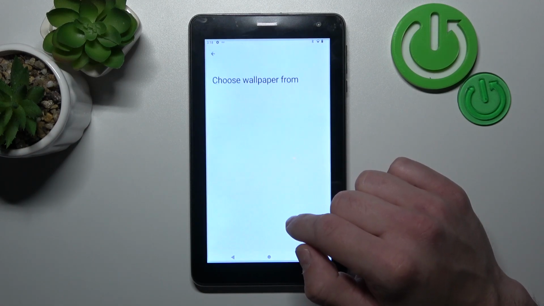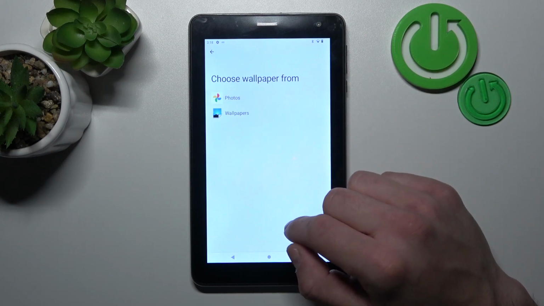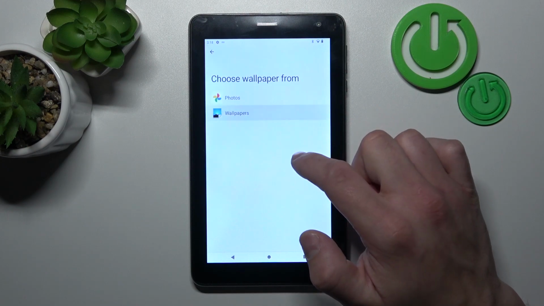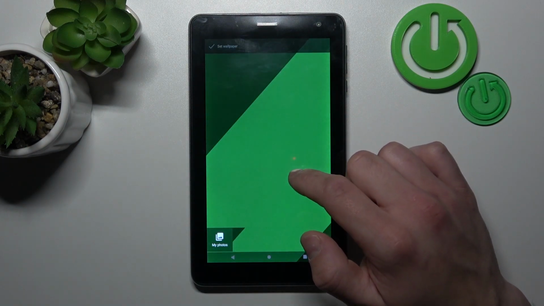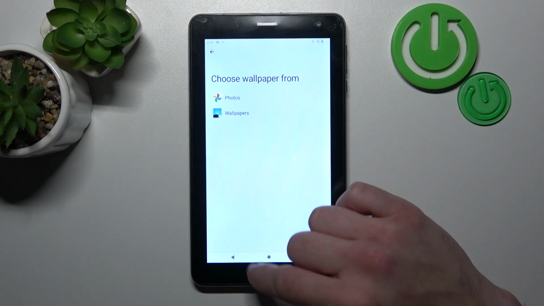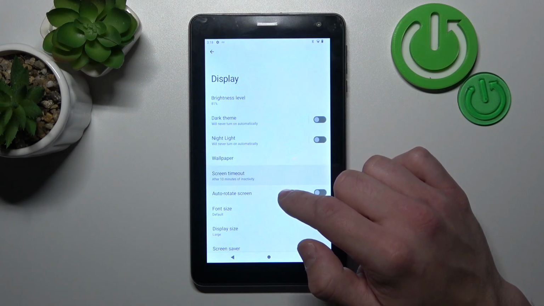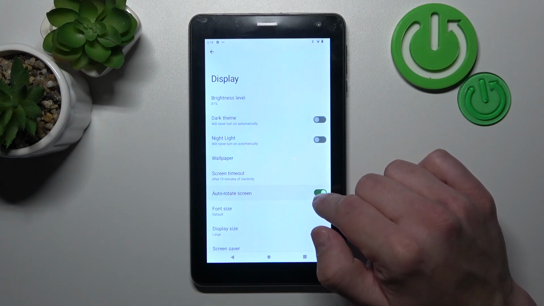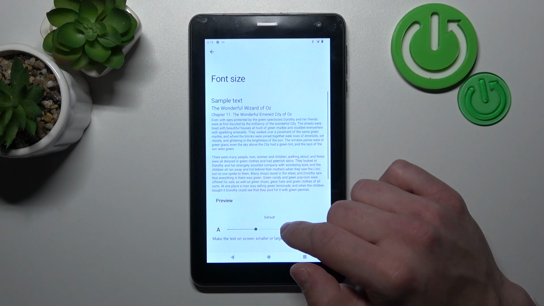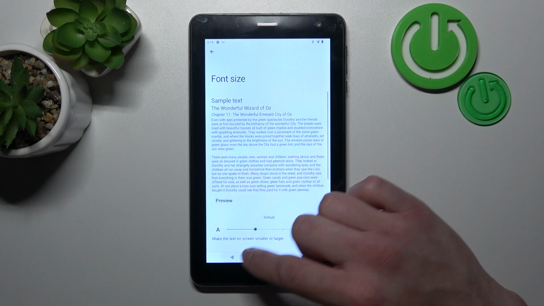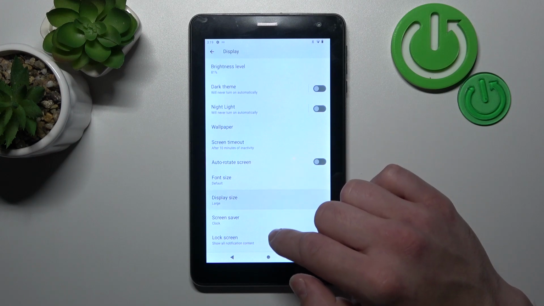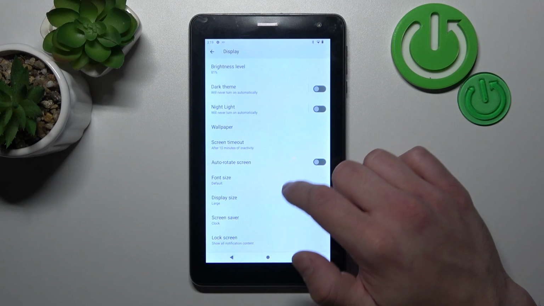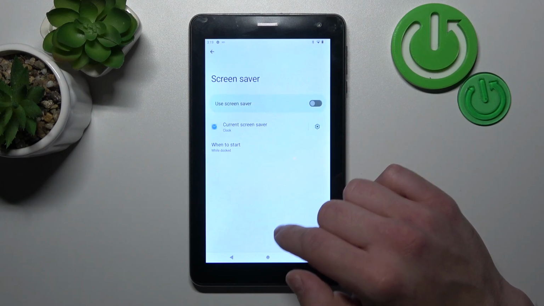Then we can change wallpaper, screen timeout, and enable or disable auto rotate screen. Then we can change font size, display size, set screensaver,